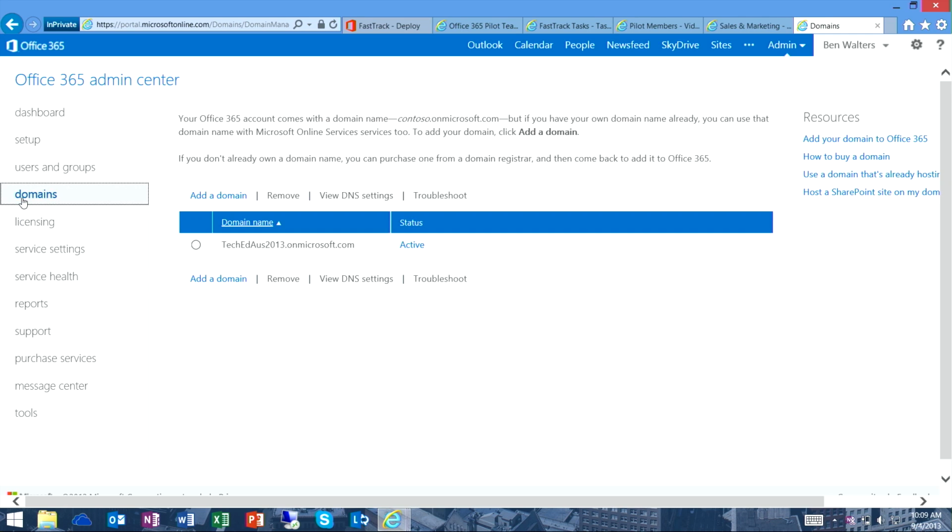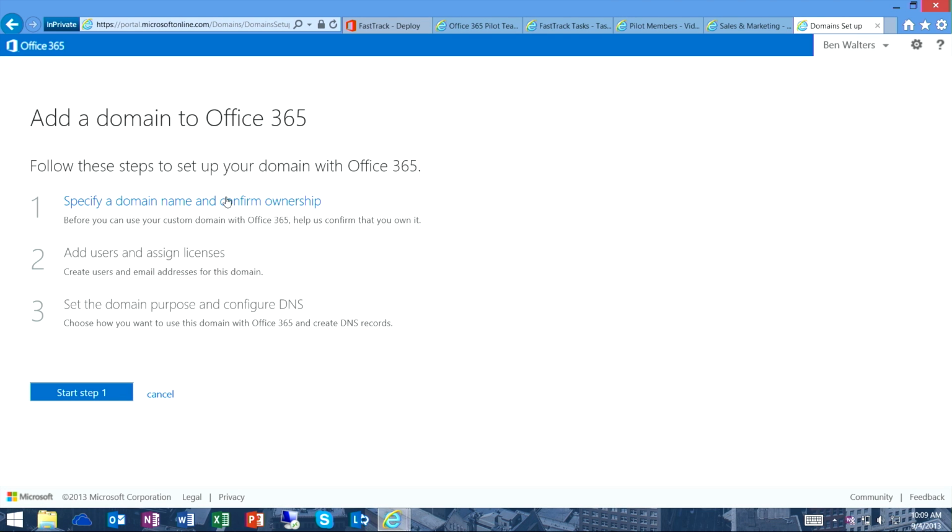So when you come in and register a domain, you'll go in and say, I want to add my own domain in here, and I'm going to put in fubar.com, contoso.com, whatever that happens to be. You'll notice we have very clear, easy to follow steps as part of this as well. And simply, all we're doing is verifying ownership of the domain.